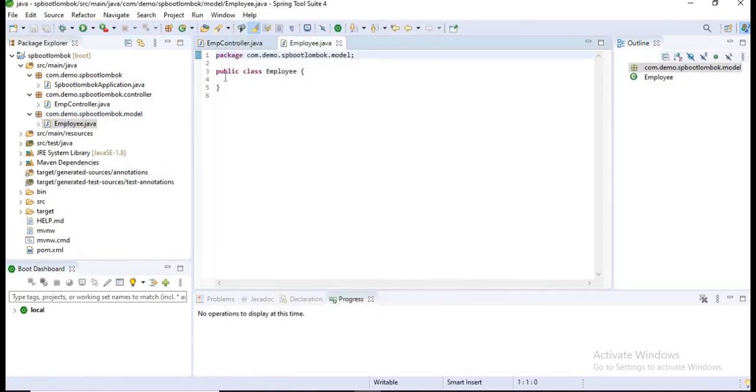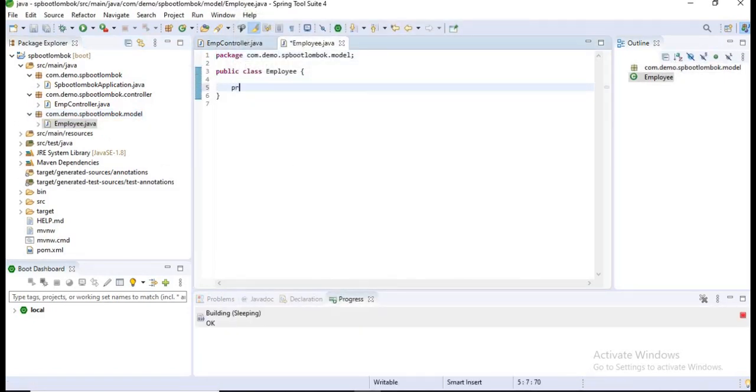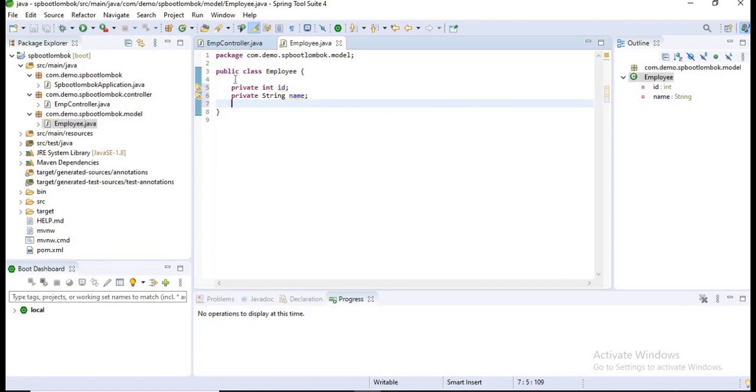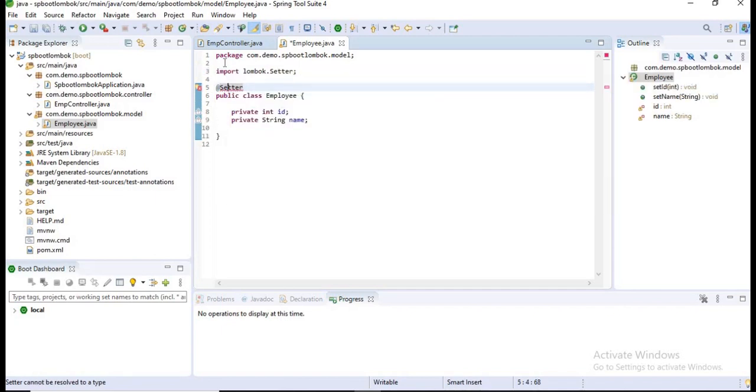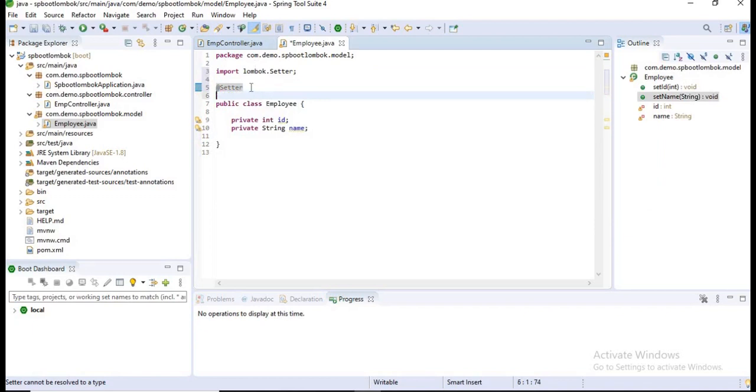Let's declare some variables here: private int id, private String name. Now I want to generate setters and getters for it. As I am having the setter and getter annotations, there is no need of generating them. Okay, let's import this. Now my setter is generated.